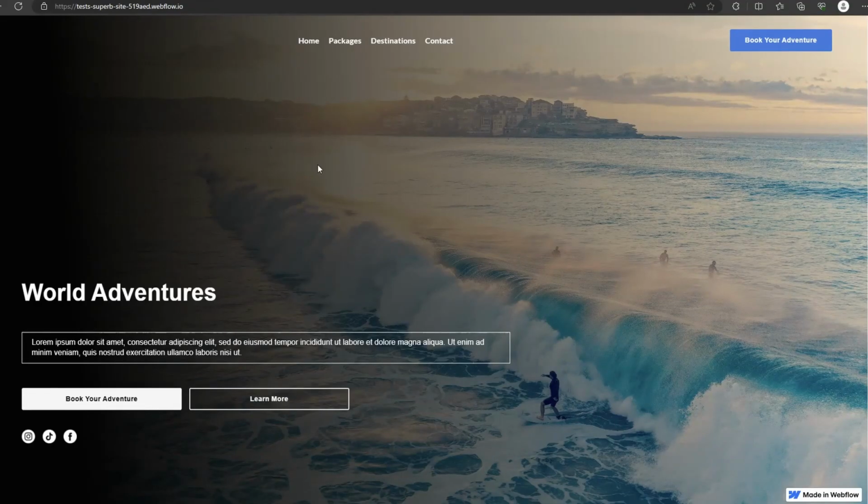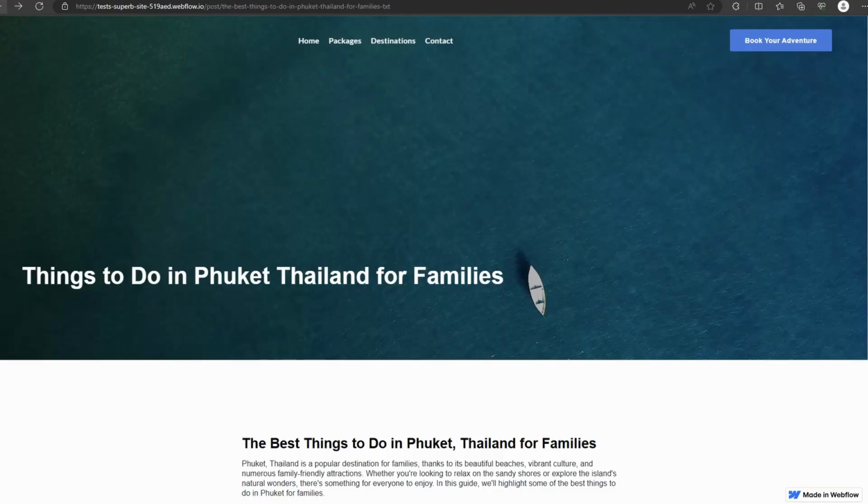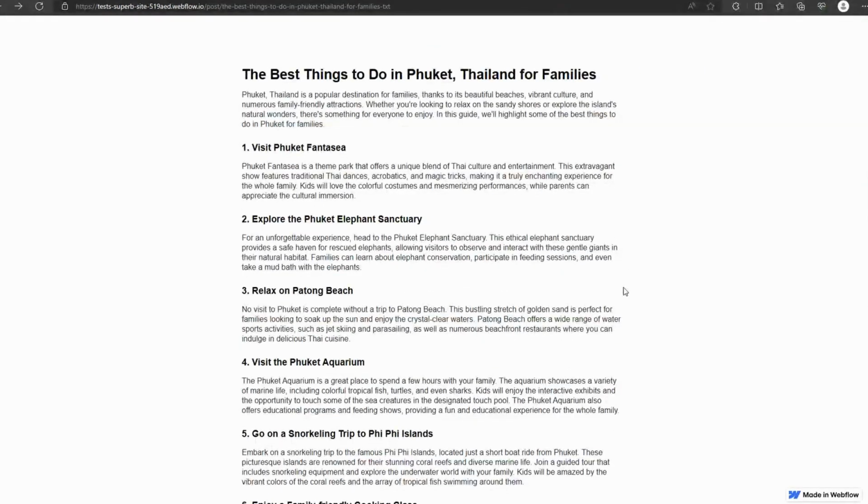I haven't made a lot of changes to this homepage. Most of the work has gone into setting up the blog CMS and those dynamic templates. So let's take a look at how the content comes out. So over on the destination pages, this is the one for things to do in Phuket, Thailand for families. And this is the content that's come straight out of the Python script